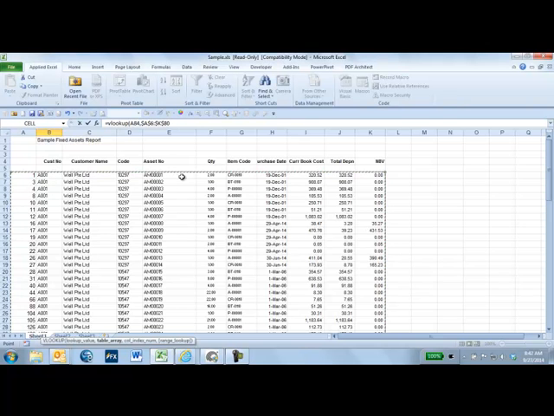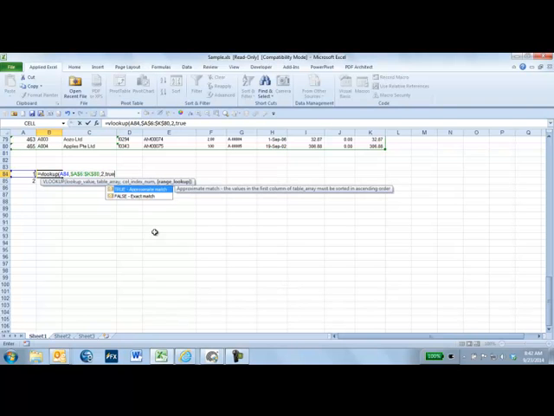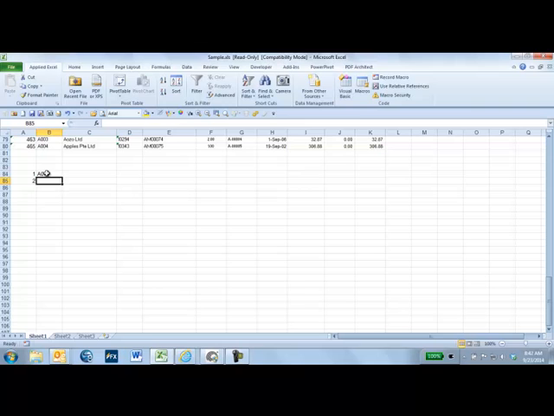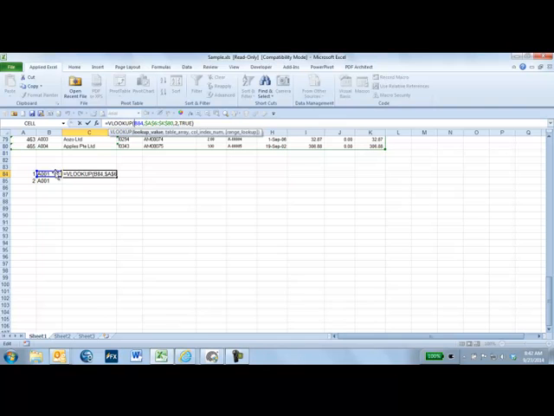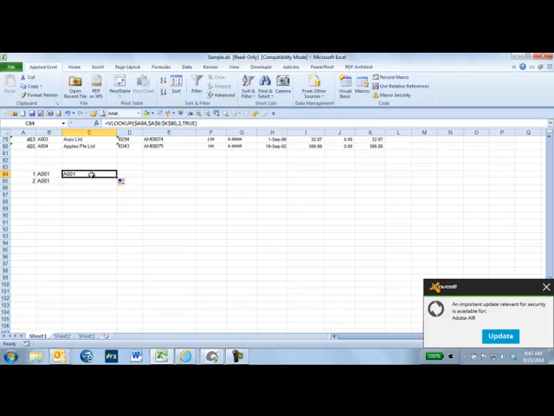Now column B here, so we need to put in comma 2, comma true for our approximate match, and you get A001. Then you copy down, get A001. The problem is when you copy across, you'll get HSN A because the reference point has shifted to column B. So here we need to insert a $ sign before the A, so that when you copy across,